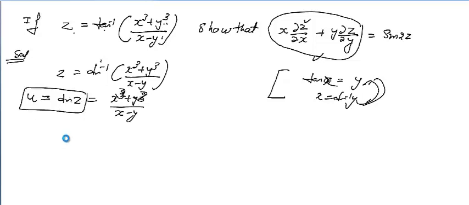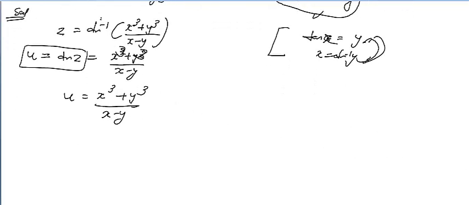I will take now u is equal to x cube plus y cube upon x minus y. I will check whether this u is homogeneous. This u is the temporary variable, because the question was given in z, so you need not worry about that. I will do this at the end of the question. So I have converted tan z, and I have let tan z is equal to u.